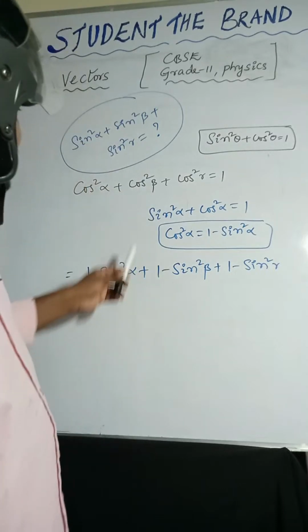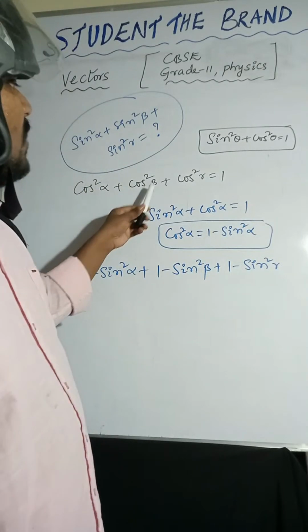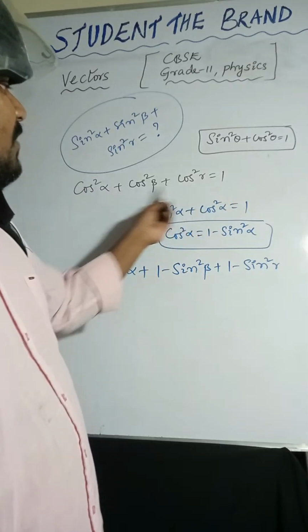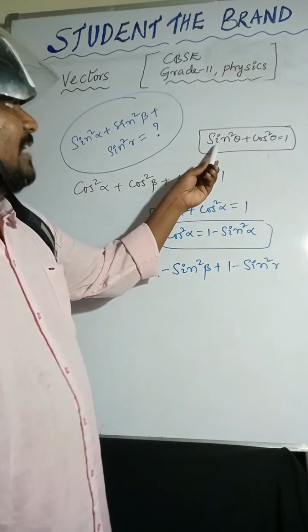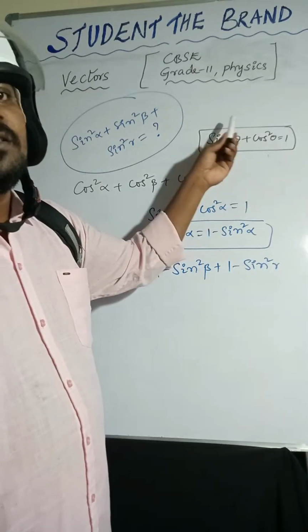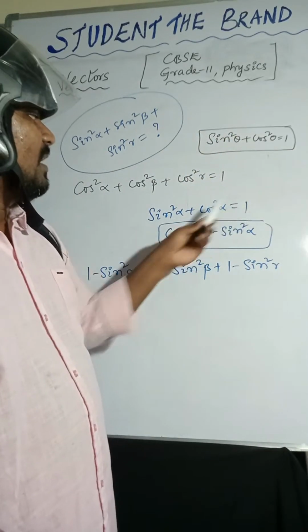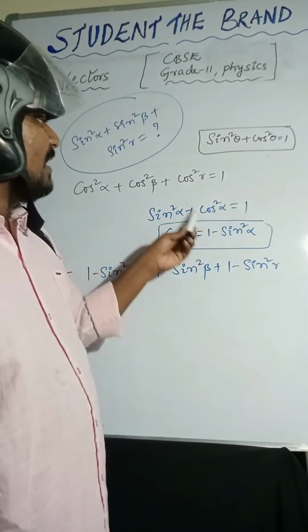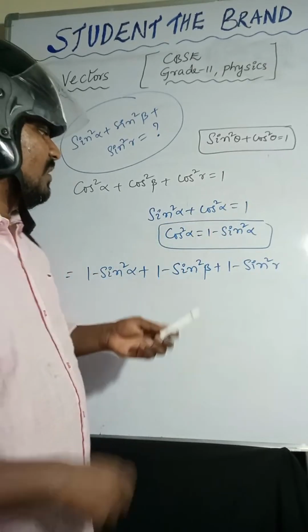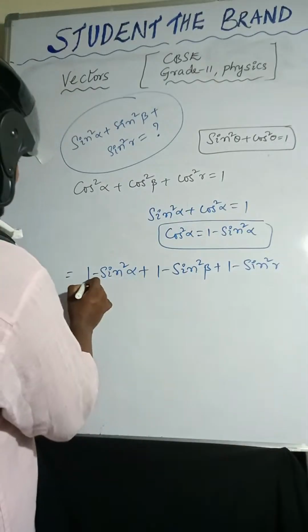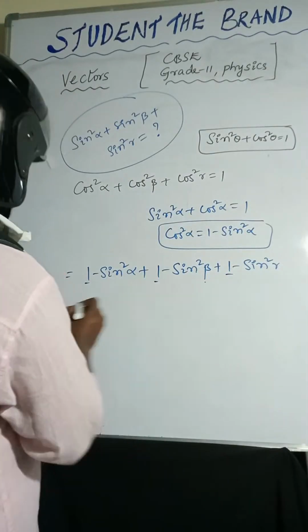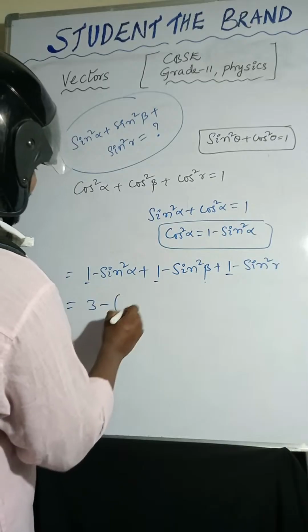Now you can see cos square alpha plus cos square beta plus cos square gamma equal to 1, we know that. We know sin square theta plus cos square theta equal to 1, the standard format. So sin square alpha plus cos square alpha equal to 1, so cos square alpha equal to 1 minus sin square alpha. So now we can take 1, 1, 1, so total 3 minus